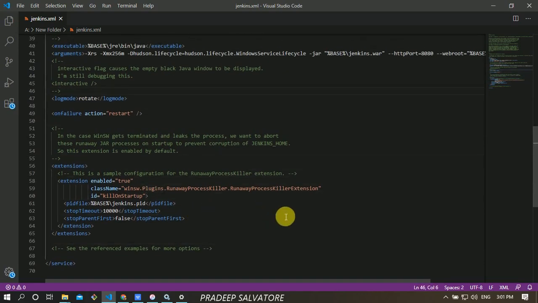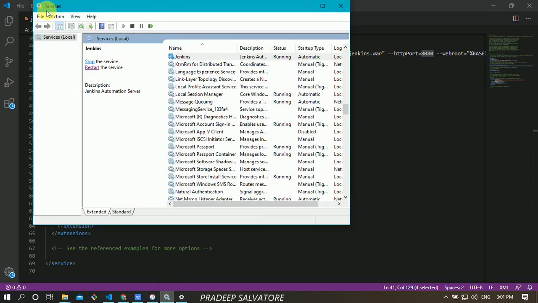Yeah, here HTTP port 8080 is there, right? This you need to change to anything you want. And after changing the port, you need to restart Jenkins. If you want to restart Jenkins, where do you need to go? You need to go to Services, find Jenkins, then restart Jenkins.